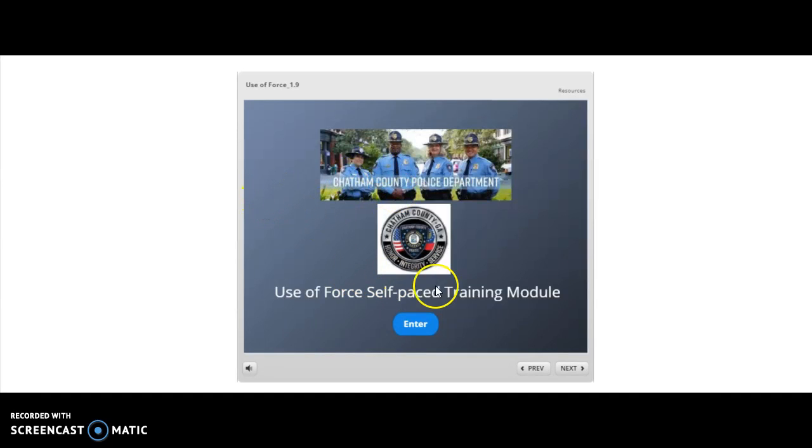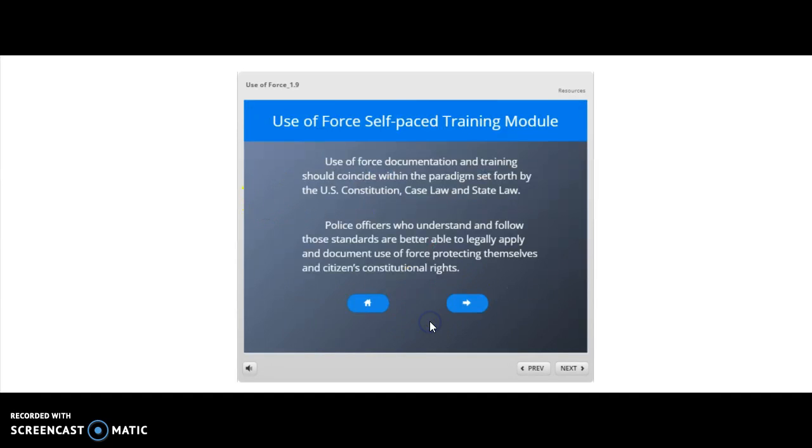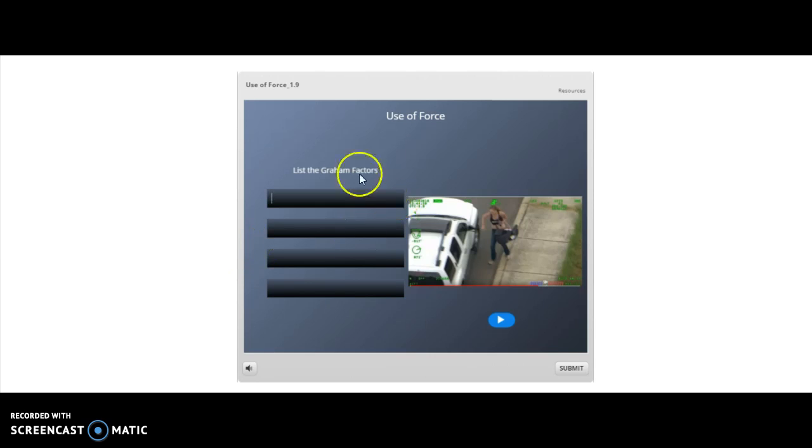Alright, this is the opening slide, a description of what the course material is. The majority of slides have some sort of narration when they start. So,